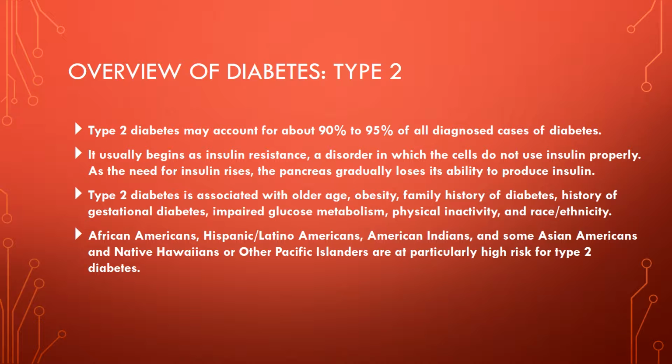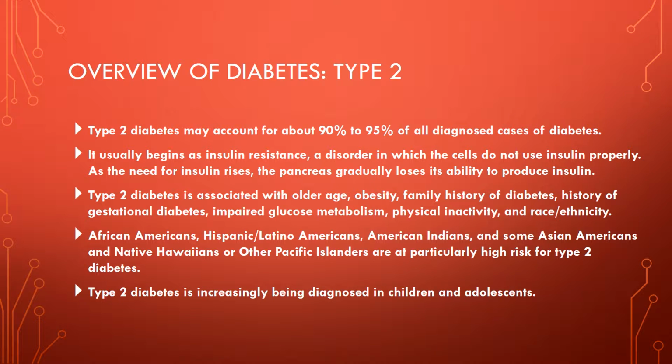And the reason is not explicitly clear, but it seems to have some genetic component as well as probably a lifestyle, cultural component as well. But the point is that certain races and ethnicities are definitely at greater risk. The reason that type 1 diabetes can't be called juvenile diabetes anymore, unfortunately, is that type 2 diabetes is becoming more common in children and adolescents, so that term is misleading.